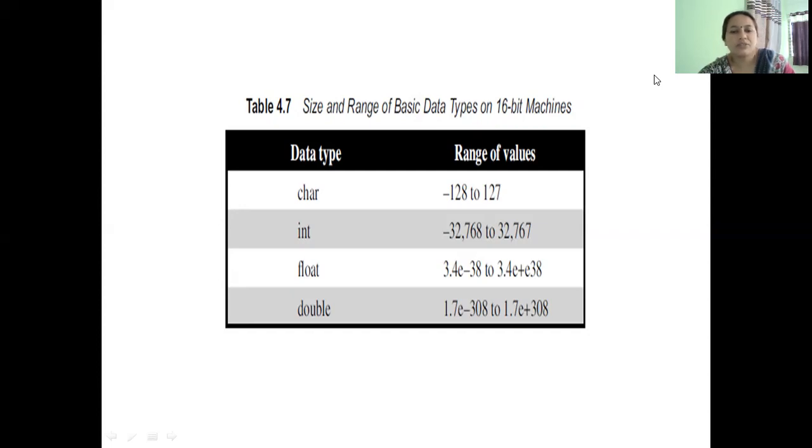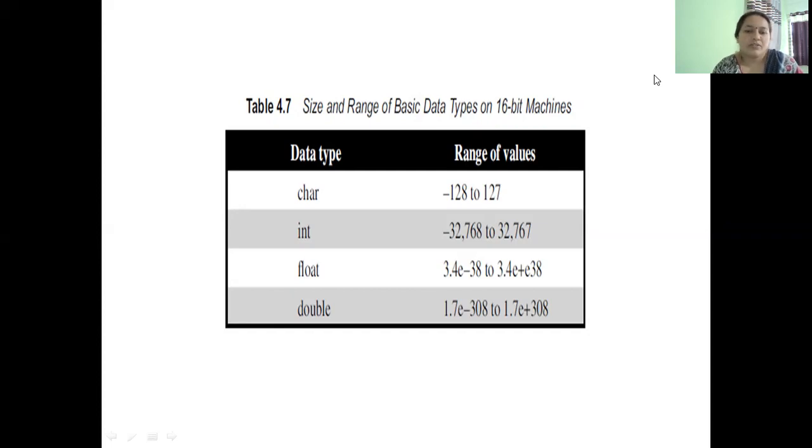Since the numbers are too big, they are represented in exponential notation. Similarly, double is much bigger than float. Its size in memory is 10 to 12 bytes, and the range is 1.7e minus 308 to 1.7e plus 308.